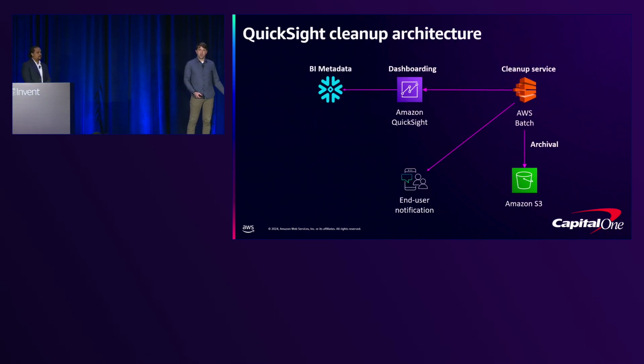And this is what we came up with. So just to break down the components of this design, the foundation of any cleanup is metadata. And we could probably go through an entire separate conversation on our metadata process and how that works. But in terms of this discussion, we use a combination of CloudTrail and the QuickSight API to gather metrics around the inventory and usage of all of our QuickSight reports.